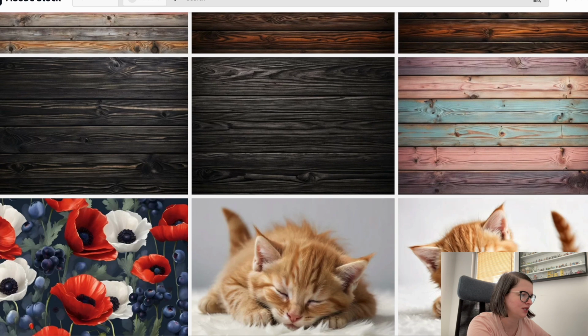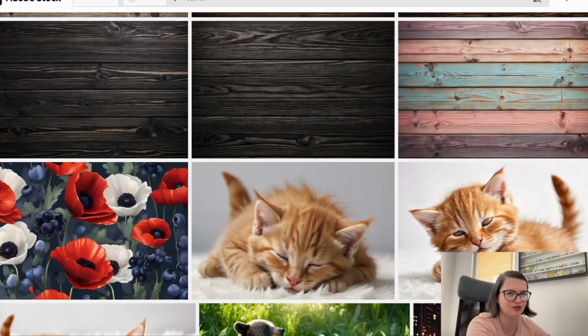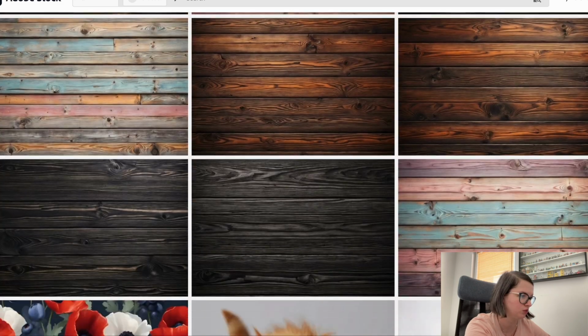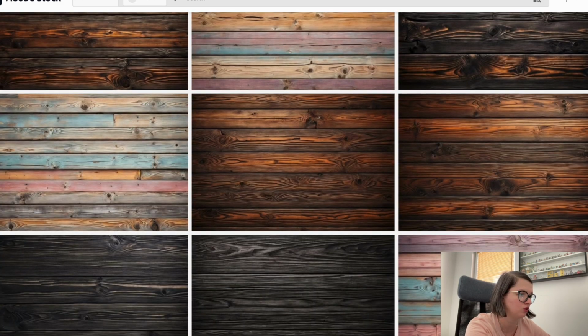But there is really a ton of them on Adobe, so I wouldn't concentrate too much on the wooden backgrounds, or I would go with some